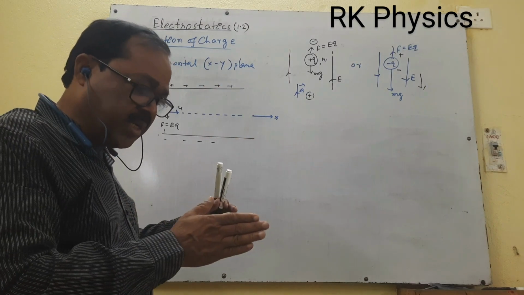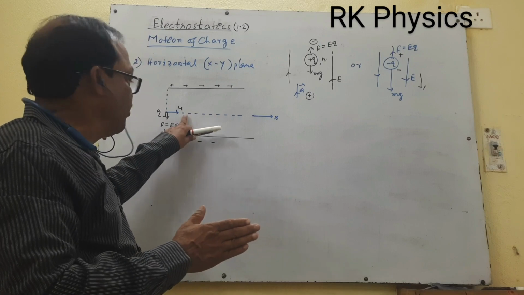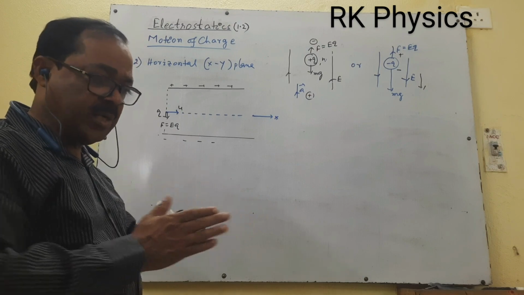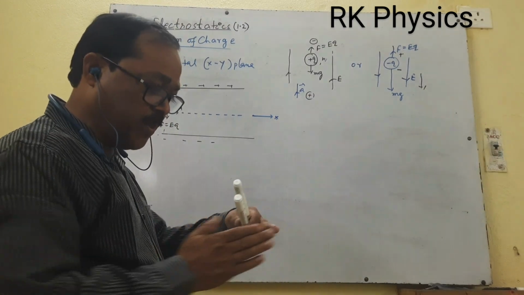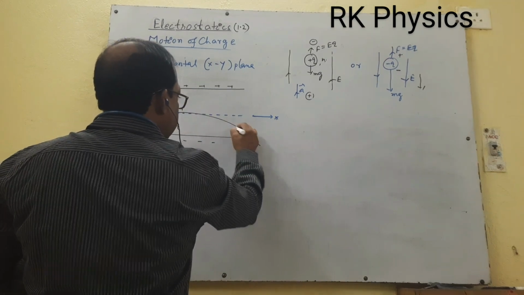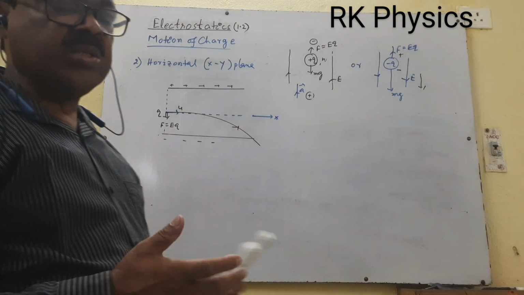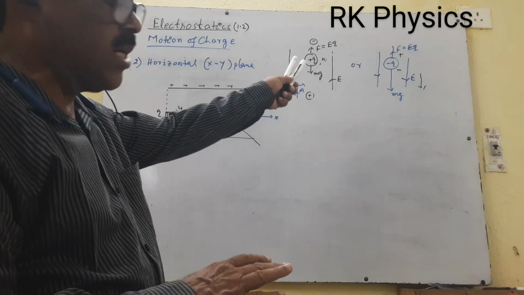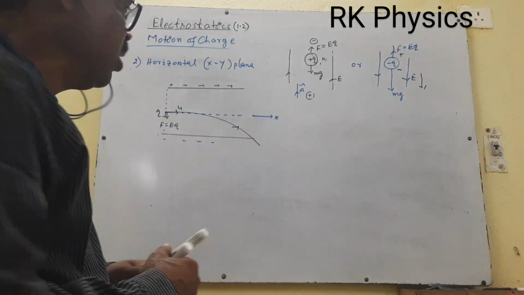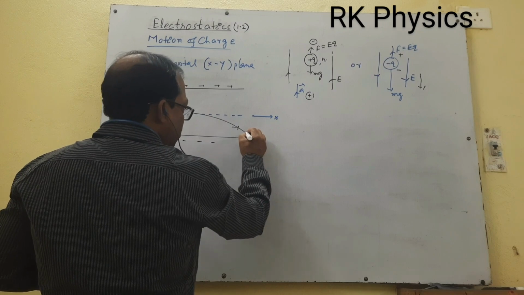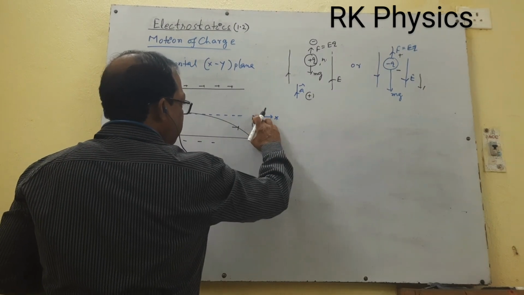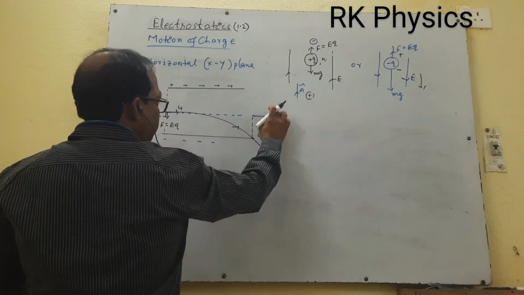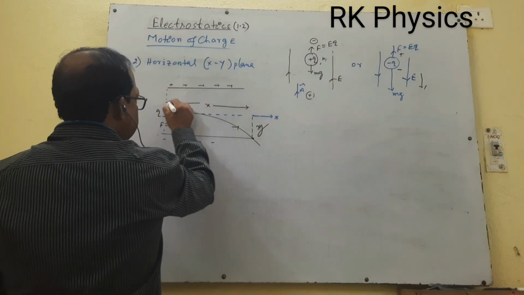Therefore, when the charge is injected, the motion is uniform in one direction, but this motion is accelerated. Due to uniform and accelerated motion, the charge will describe this type of path, which is the path of a projectile on this plane. Here the plane is the ground, but this is the z-axis, space. Therefore, at a particular time, suppose it crosses the field, you take this as the maximum distance along the y-axis, Y, and this is the maximum distance along the x-axis.